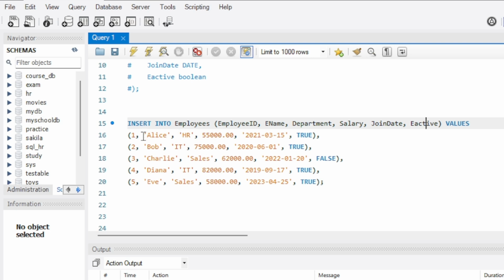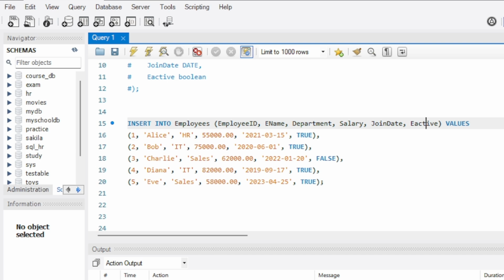I have given them employee IDs of 1 to 5, random names, and they have been assigned to specific departments spanning HR, IT and Sales. We have some salary values and a date of joining, which is in YYMMDD format,